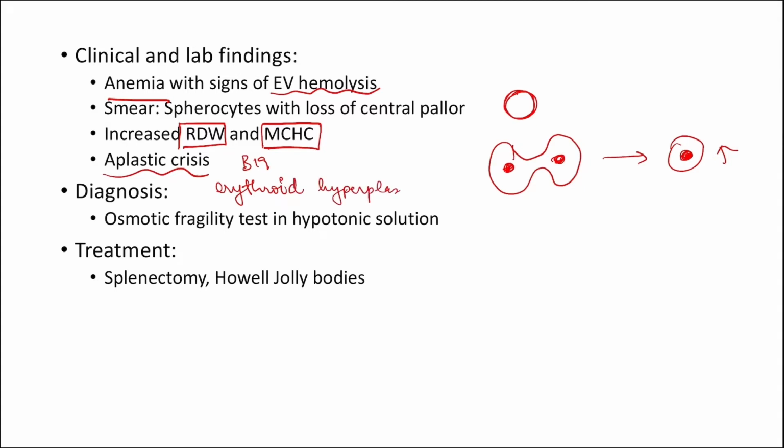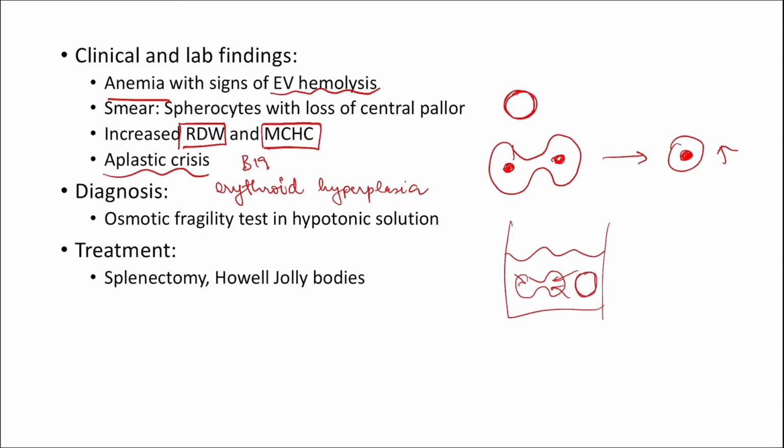You'd have something called aplastic crisis, which is the decrease in the non-RBC cells of the bone marrow. So the diagnosis for this would be a very simple osmotic fragility test. You would basically put the patient's blood in a hypertonic solution. So a normal RBC would basically have a lot of water go into it, and then it just kind of